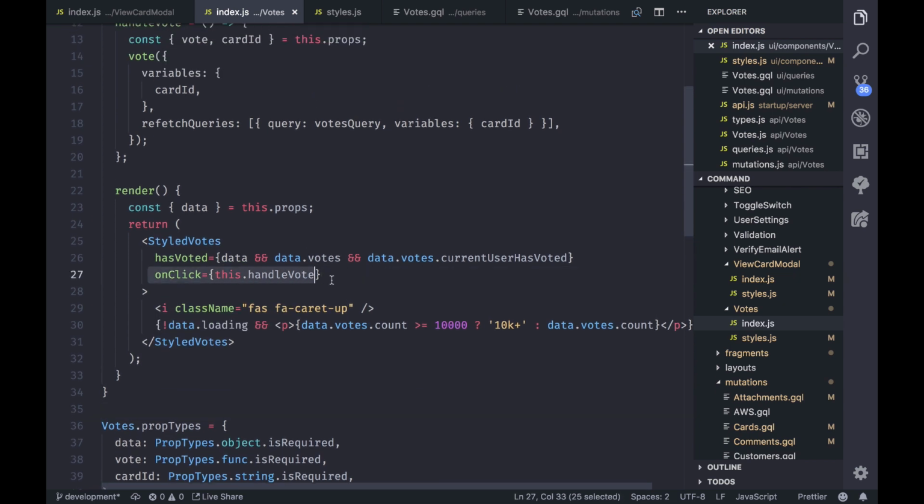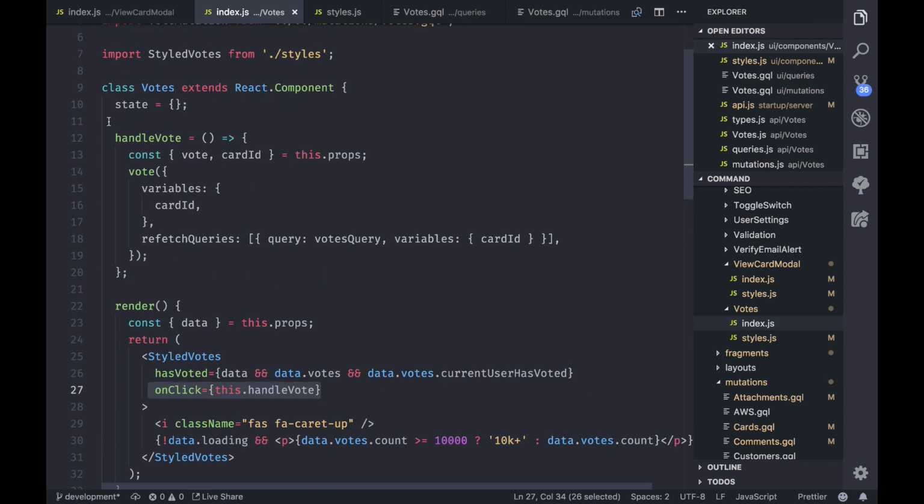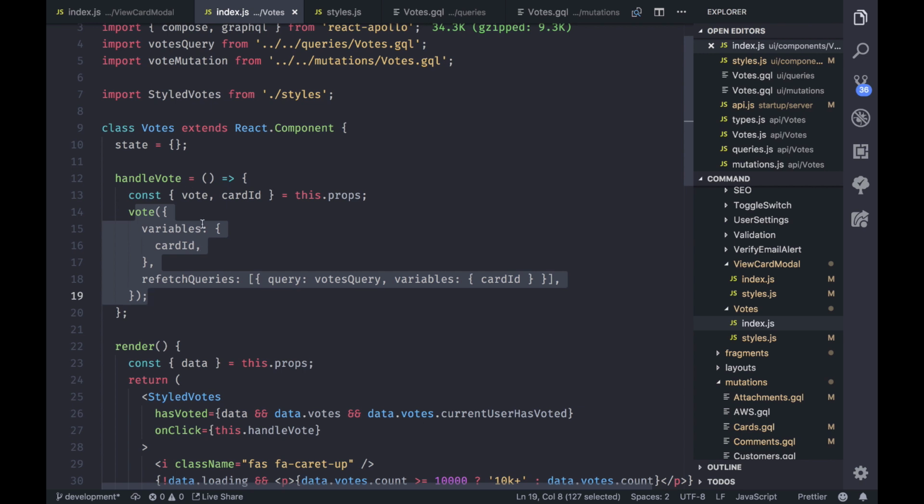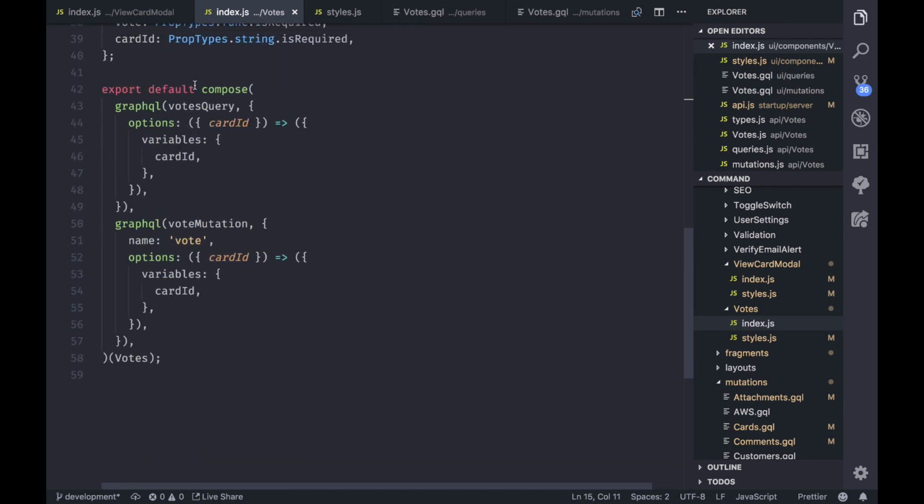And if we look here, we've got an onClick handler also on this component, which is pointing to this.handleVote. And that is a function on the votes component, which is saying when somebody clicks on it, we want to trigger the vote mutation. Now, you may be thinking, what do you mean by vote mutation? So what I mean by that is, because I'm using Pup, I'm also taking advantage of GraphQL to do the data for this product. So if we go down to the bottom of our component, what we're going to notice